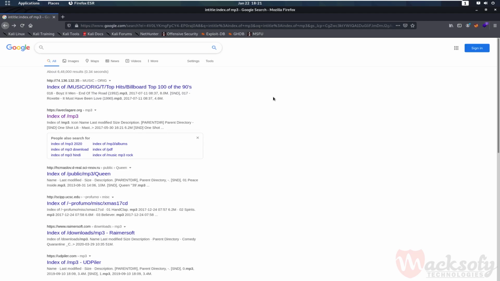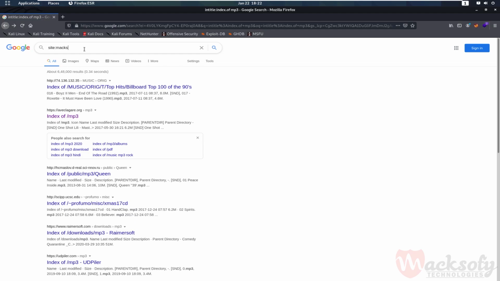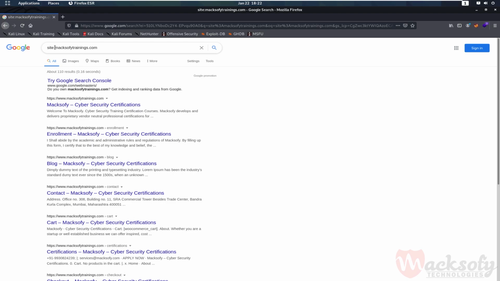You can use symbols or words in your search to make your search result more precise. Google search usually ignores punctuation that isn't a part of a search operator. So don't put spaces between the symbol or word and your search term. For example, a search for site:mcafeetrainings.com will work. But if you put a space in between, it won't work properly.